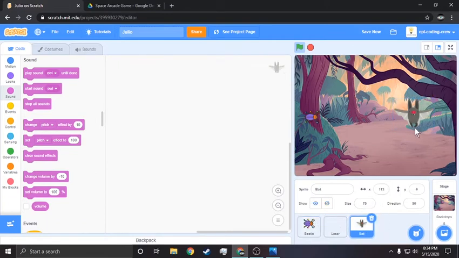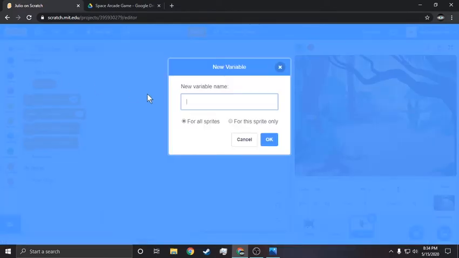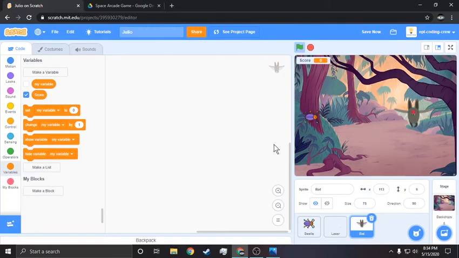Before we get started on the bat, we are going to make a variable. Okay, so that's at the bottom. These are darker orange. Just click the make variable button. We're going to type in score. It's going to affect all sprites. You'll see it appears right up here. It's just a score, right? It's just keeping track of a number. And that'll come into play later. So when we go to our bat,